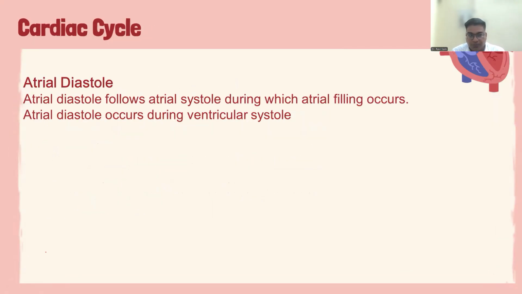Atrial diastole. Atrial diastole, basically it follows atrial systole. So atrial diastole occurs when, on the other hand, atrial systole is occurring. In atrial systole, there is a contraction of atria,